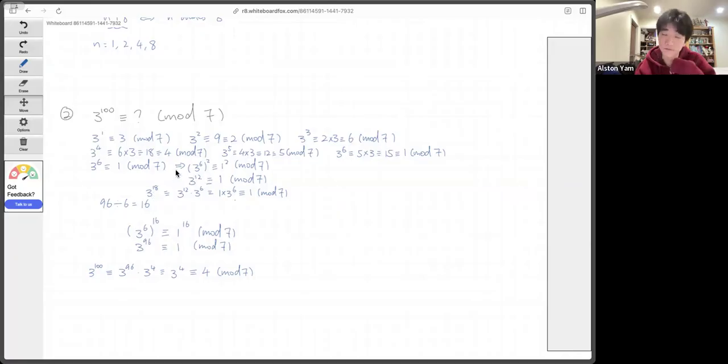And through that, we found that 3 to the 6 is congruent to 1 mod 7, but then 3 to the power of everything that is a multiple of 6 is also congruent to 1 mod 7. And what we've done is we've kept multiplying 3 to the power of 6s